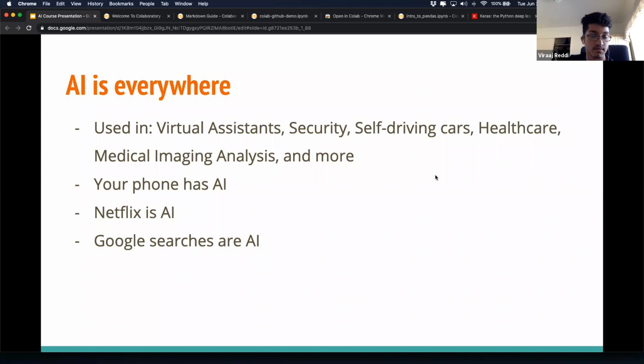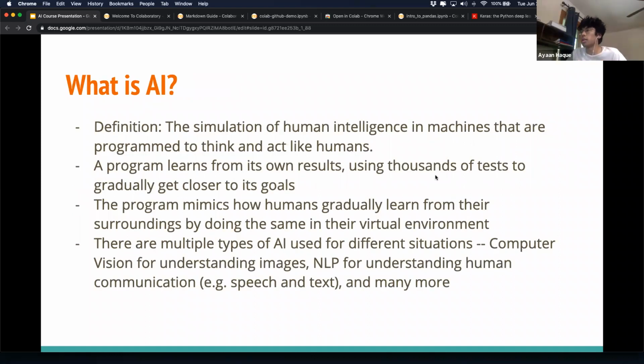Next slide. So basically, like you guys saw in the video, let's define it a little more simply. The broad definition of AI is the simulation of human intelligence in machines that are programmed to think and act like humans. So that's basically how a human thinks, but in a machine, as software. In the video, you saw that when you first think of AI, you think of robots, but robots aren't really the AI. It's actually the software behind it. So the code and the way the software is built, and the hardware part of it, which is the robot, is actually just a shell for the software.